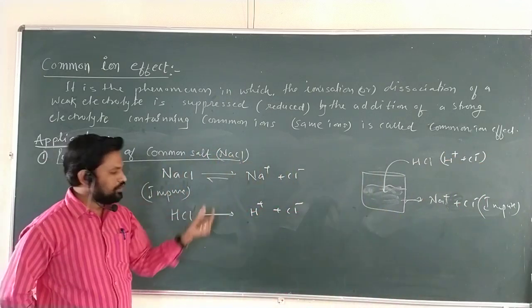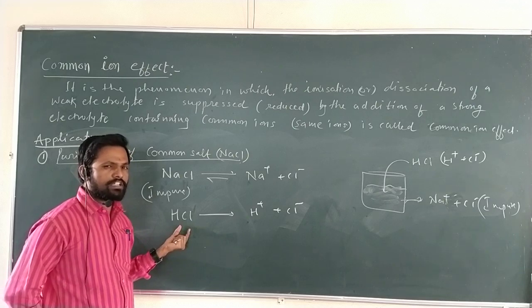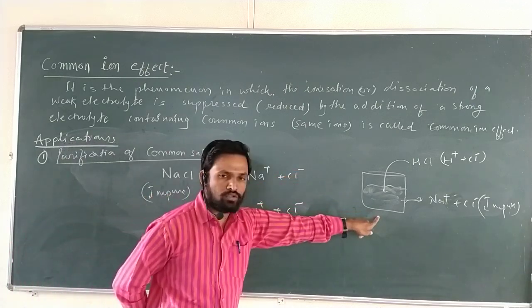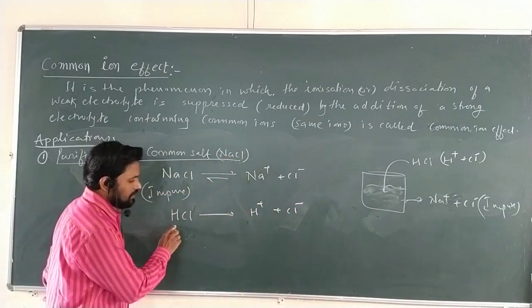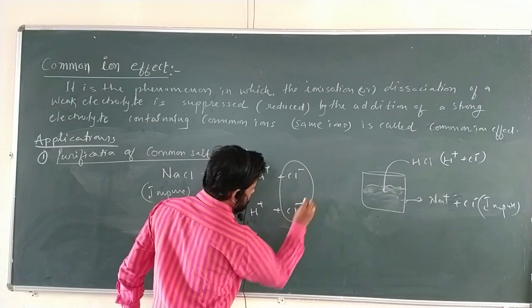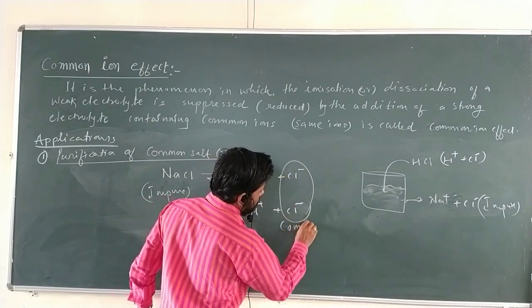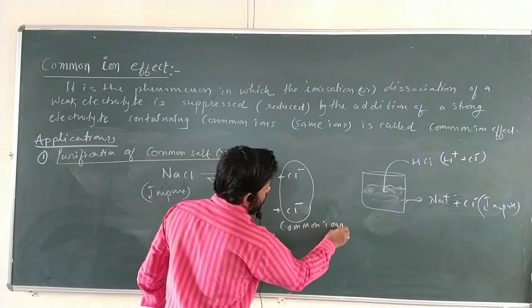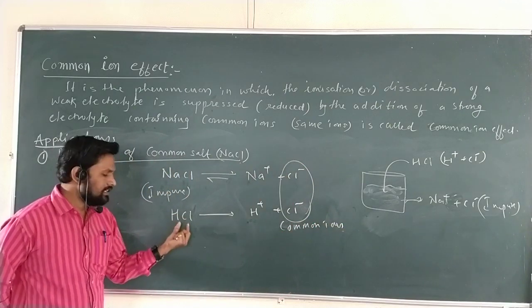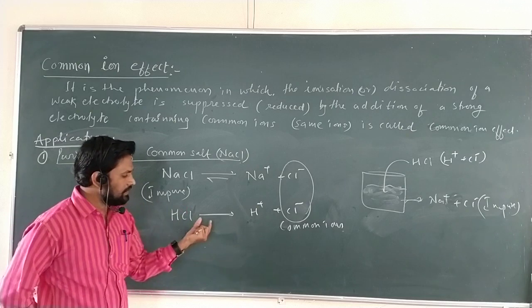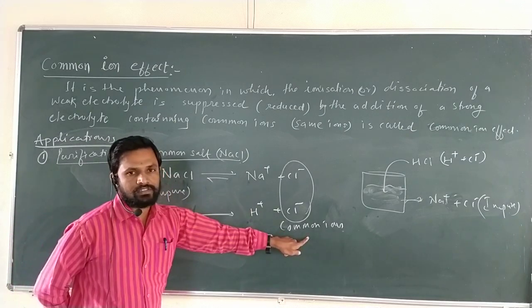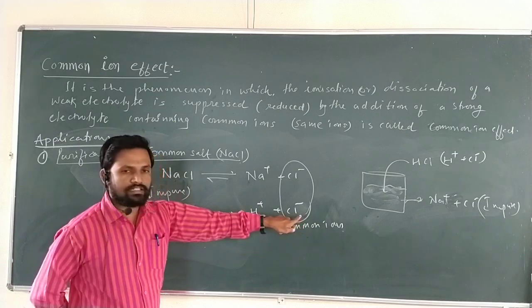Impure NaCl solution madhye aapalyala pure HCl, hydrogen chloride gas, pass karaycha aahe into the same solution. What happens? HCl is a strong electrolyte here. It contains Cl ions, which are the common ions. Why are we passing the HCl? Because HCl is a strong electrolyte which contains the common ion of NaCl, Cl. Cl negative ions are the common.